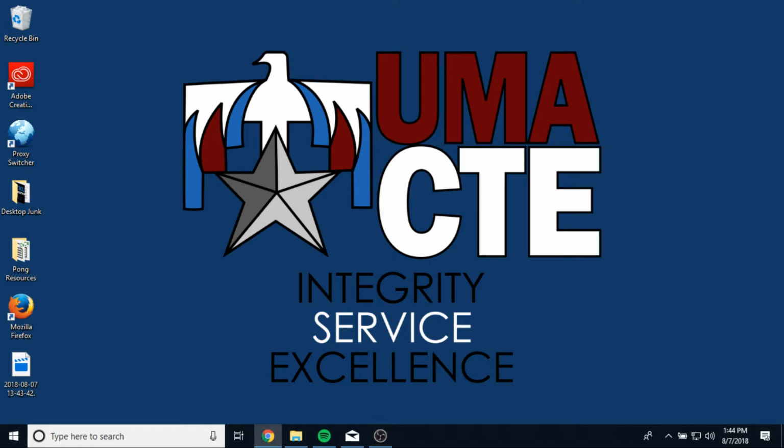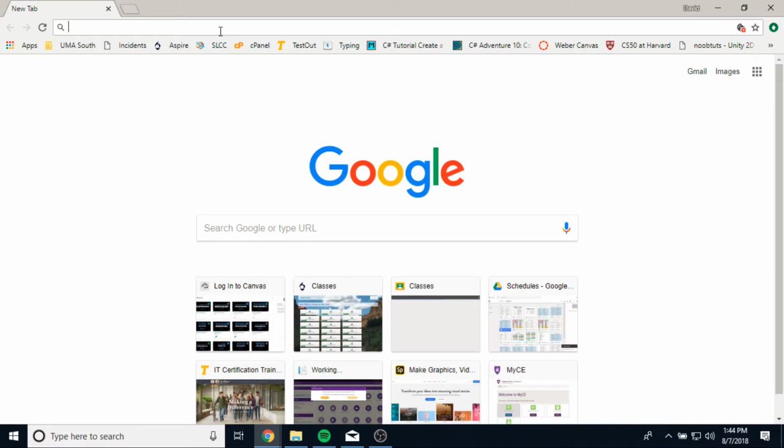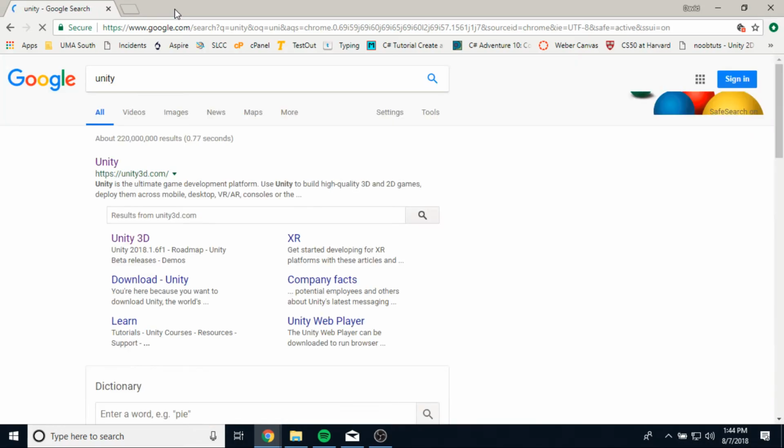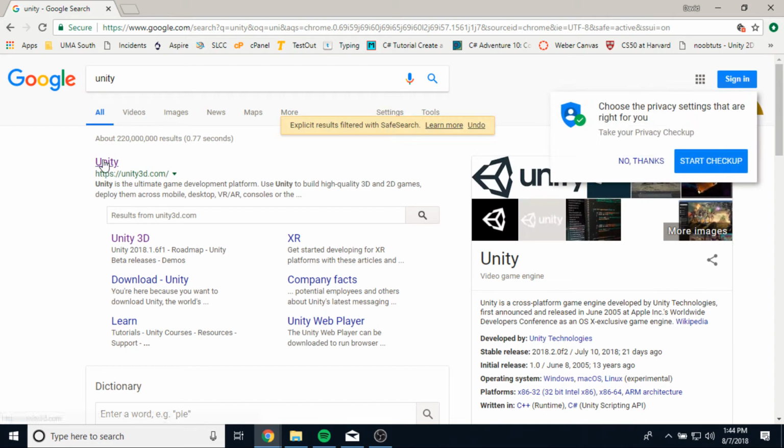So let me go ahead and show you how to get access to the application. Now, if you're in the computer lab, we already have Unity installed on all of these computers, so you do not need to go through these steps. But if you want to download Unity at home so you can work on your own video game projects at home, this is what you need to do, right? You need to go to Unity3D.com,